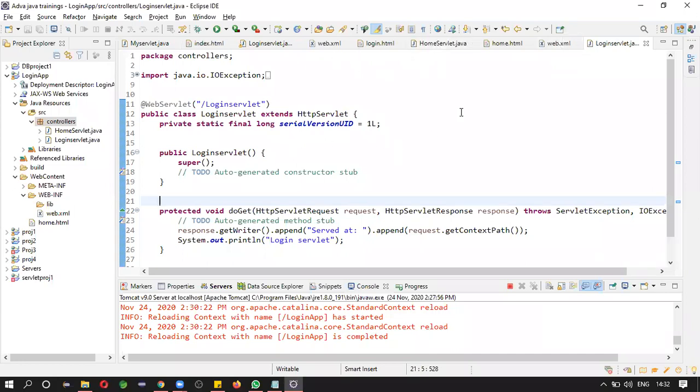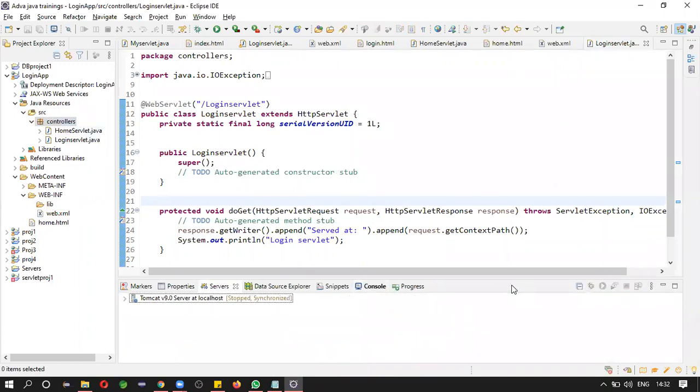Now, stop the server. So let us start. Run on server.